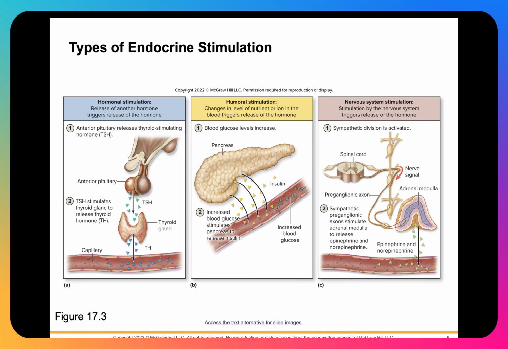The third is going to be sympathetic activation of the adrenal gland. So what we're going to see here, basically, we have a nerve signal, that's sympathetic activity, and the target is going to be the adrenal gland, specifically the adrenal medulla, and that is going to be telling the adrenal medulla to release epinephrine and norepinephrine. Remember, those are the primary chemical messengers associated with the sympathetic nervous system. And so epinephrine and norepinephrine in this situation are going to be considered hormones because they're circulating in the bloodstream.